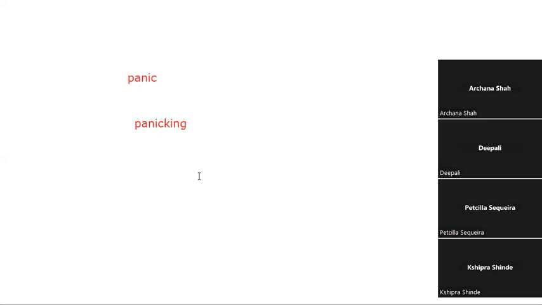Because C only comes at the end. And when you have a short sound, it will be C and K both. So panic, because there are two sounds, two vowel sounds, so C is coming. But when you have more than two vowel sounds and the sound is not coming at the end but in the center, in the middle, then